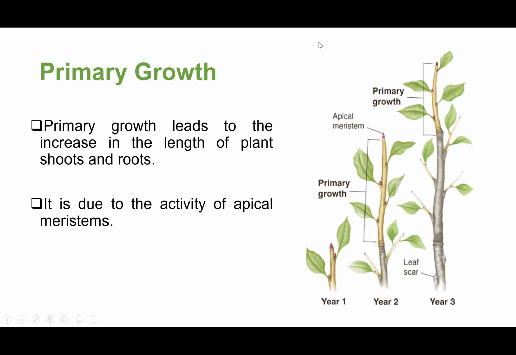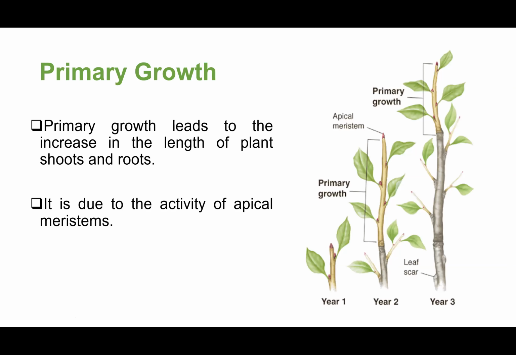Okay. So today we'll study about the secondary growth in plants. So before going to secondary growth, we should first know what is primary growth in plants, right? So when a plant is growing, generally it increases in length with the help of apical meristem. The apical meristem is present in the shoot tip and also in the root tip. We studied recently about the root apical meristem and the shoot apical meristem and the various theories which explain the structure of root and shoot apical meristems, right?